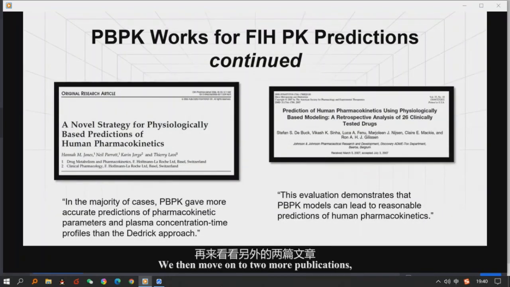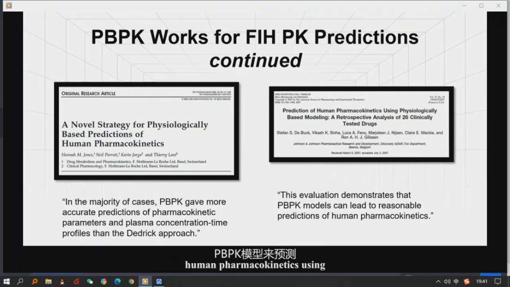We then move on to two more publications. The one on the left-hand side, a novel strategy for physiologically based predictions of human pharmacokinetics carried out at Roche, concluded that in the majority of cases, PBPK gave more accurate predictions of pharmacokinetic parameters and plasma concentration time profiles than the Dedrick approach. And on the right-hand side, we have a manuscript from Johnson & Johnson, where they looked